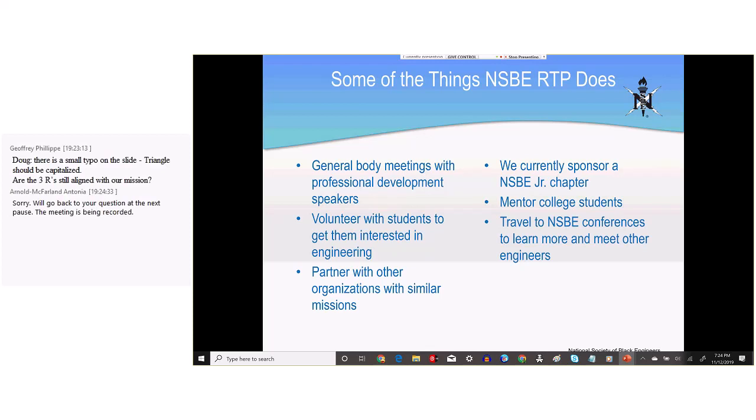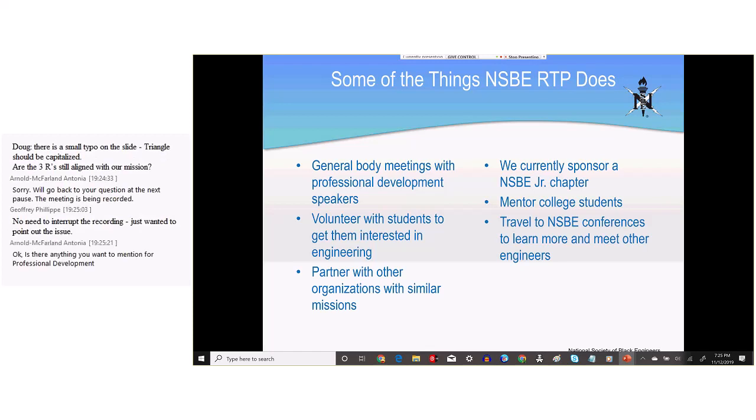We also volunteer with students to get them interested in engineering. In just the past couple of months, we volunteered at Marbles Museum. We also volunteered at the Village of Washington Terrace, which is a private affordable housing development.